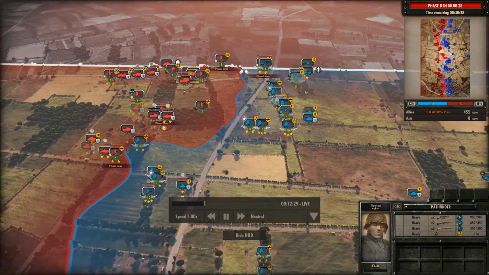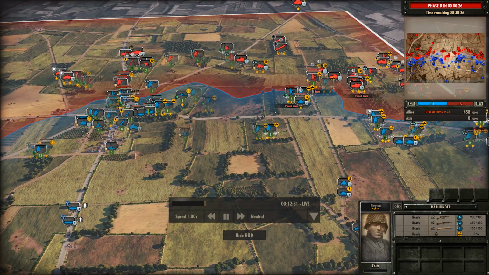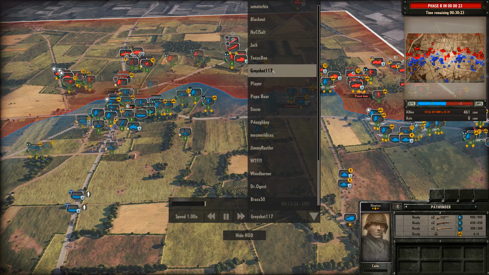For example, phase B is in 30 seconds. So I know in 30 seconds I will get better armor. So if I click on my thing,